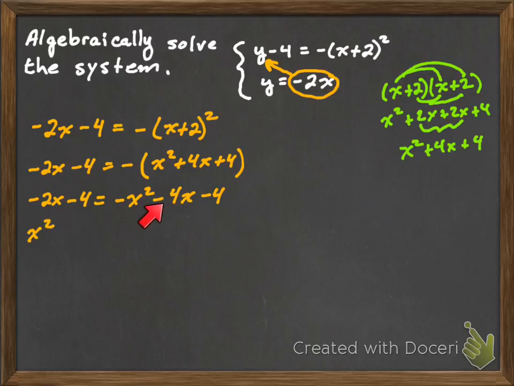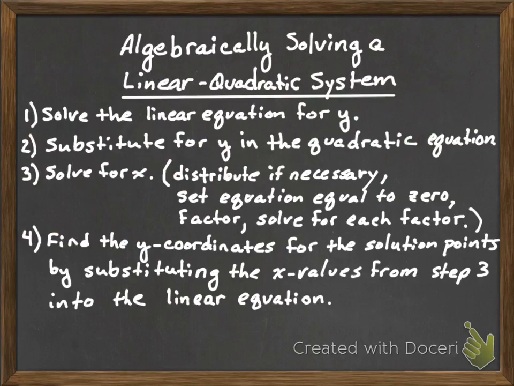Then we're going to add the 4x to this, which will give us plus 2x. And then we're going to add the 4 over to this side, which will give us 0, so the constant term will cancel out. And that leaves us with nothing on the right side of the equation. So what we have done is set the equation equal to 0 now. So the next thing we need to do